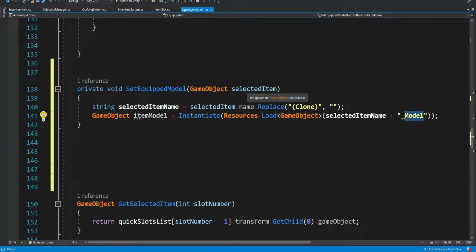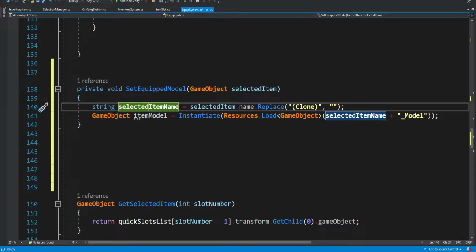And if we're going to get some other tool over here, we're simply going to find the other tool with model, okay? So this becomes a more generic method.